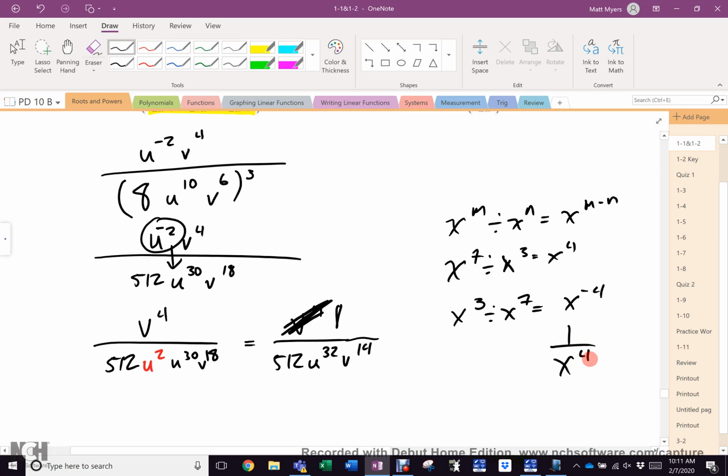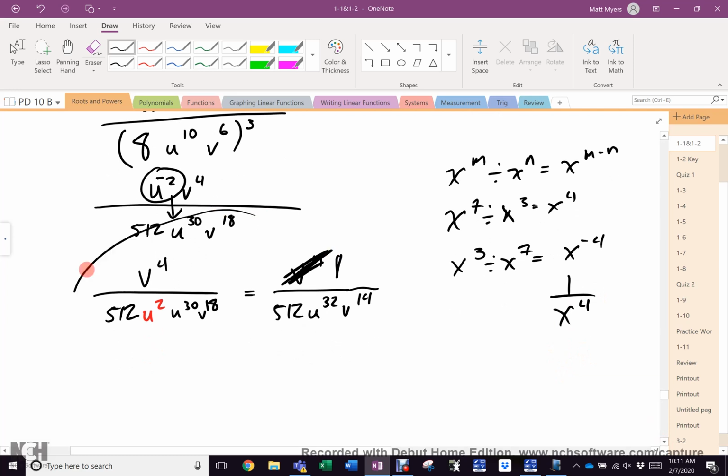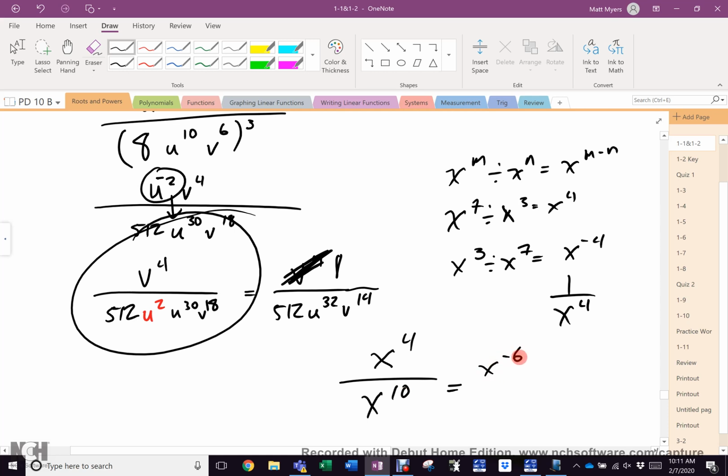But what messes you up is when you see it written this way, and you have x to the 4 over x to the 10th. You do 4 minus 10 to get negative 6, right? And then you say, oh, okay, well, that's negative 6. Oh, and there's extra ones on the bottom, so it must move up to the top, so it must be x to the positive 6. That's not the case. And the mistake lies in ever showing you this,